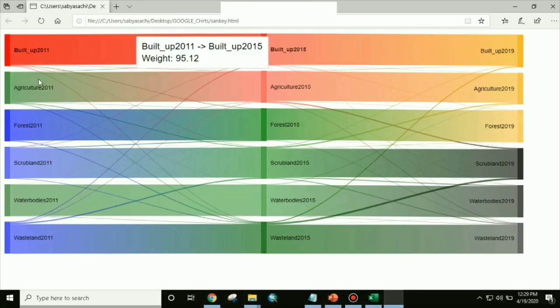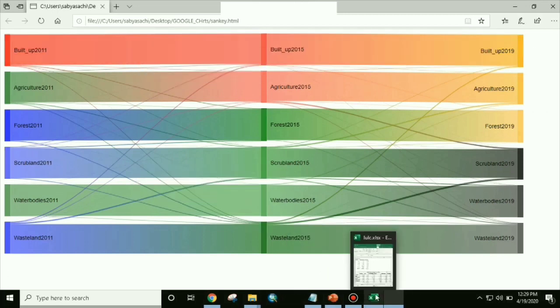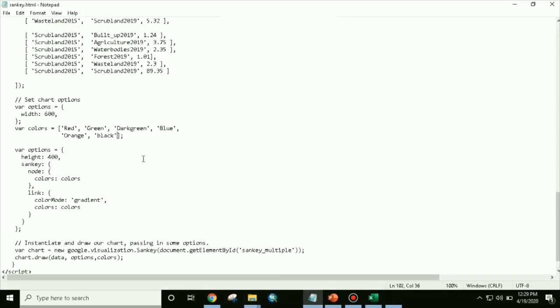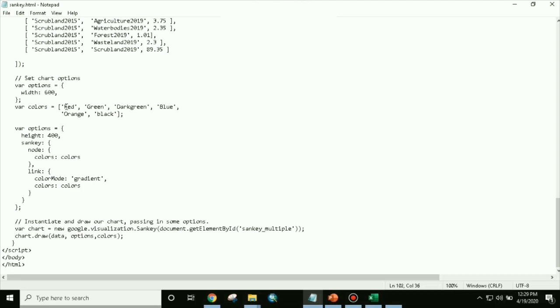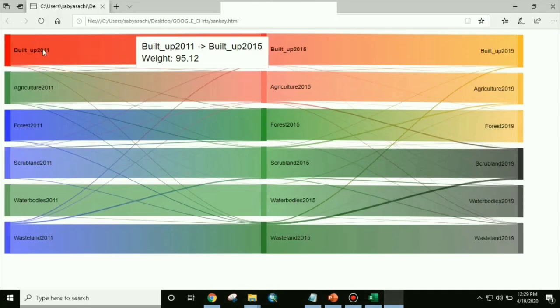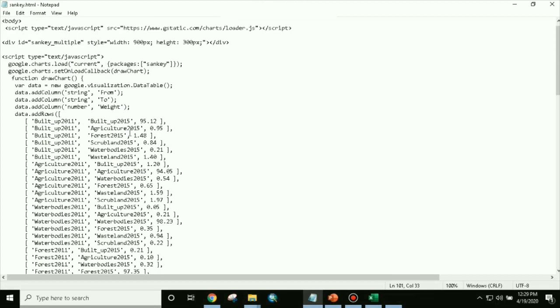So for example, if the build up is 2015 to 2005, that code, first two colors, so we have to put the first two colors. So red and green will be those two colors. So here what we have given first one, built up to built up.